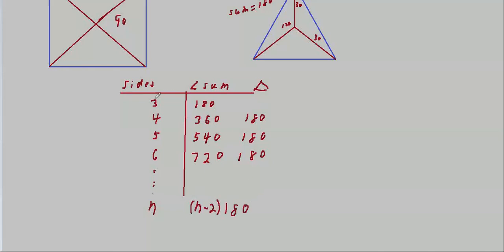See up here, this is like 1 times 180. This is like 2 times 180. This is the same as 3 times 180. And it keeps going up as one more multiple of 180, starting up here at 3. So if we subtract 2, then we get 1 times 180, 2 times 180, 3 times 180, and on down the line. So this is in fact your rule for the sum of the angle measures